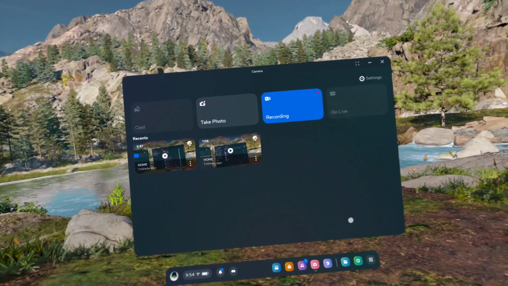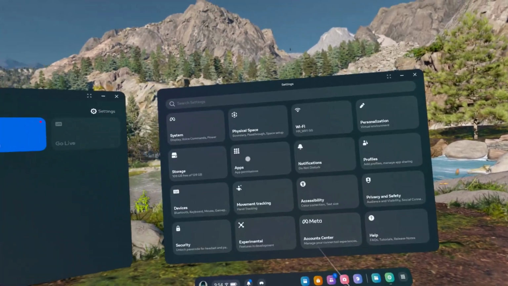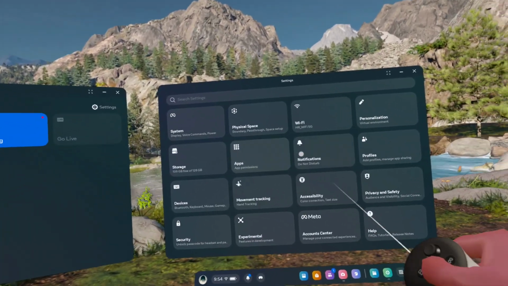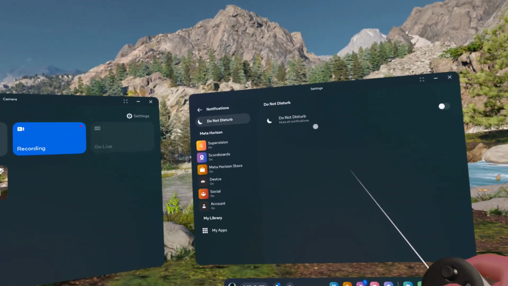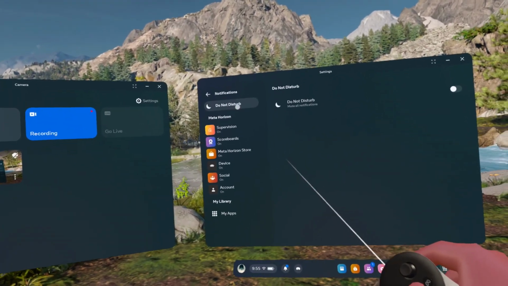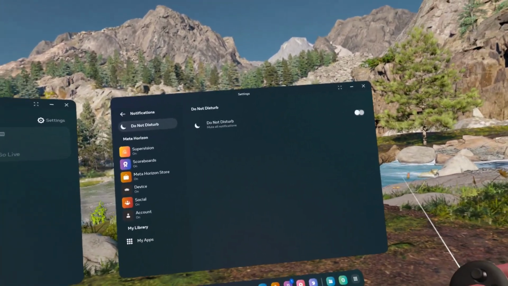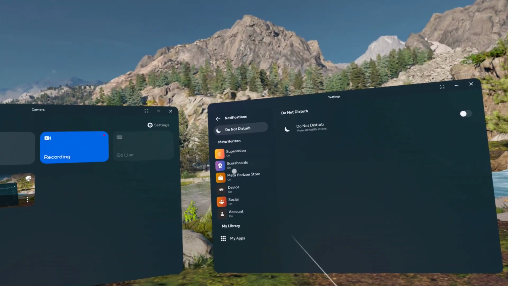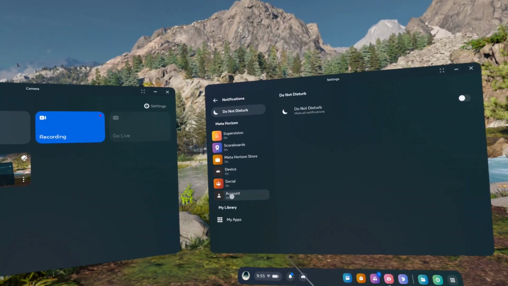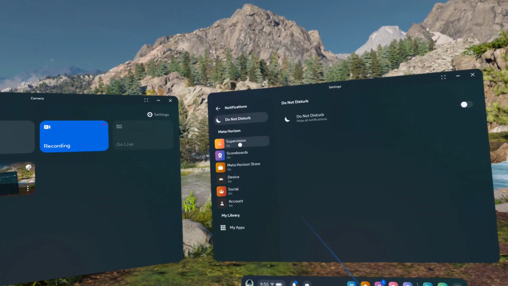To manage notifications, go to Settings, then go to Notifications, and now in the Do Not Disturb tab, you can enable Do Not Disturb and it will mute all notifications. Then you can go to Meta Horizon apps